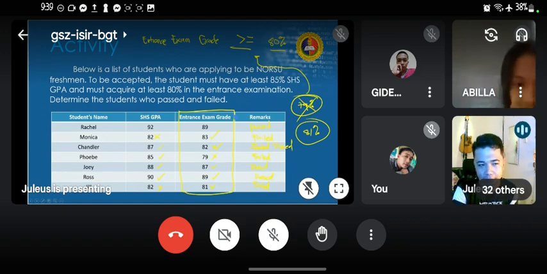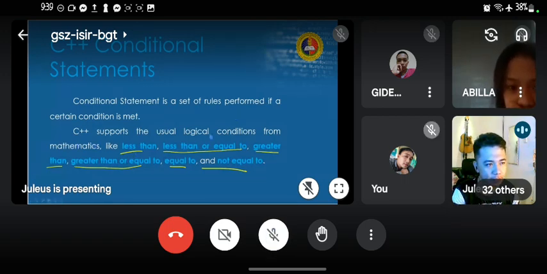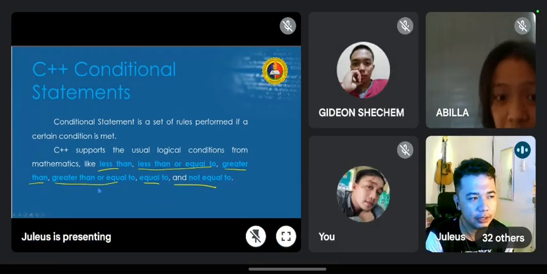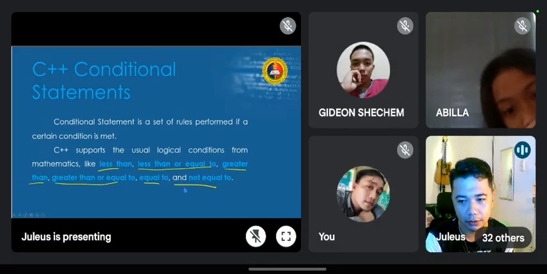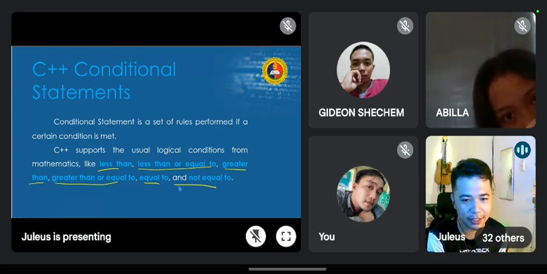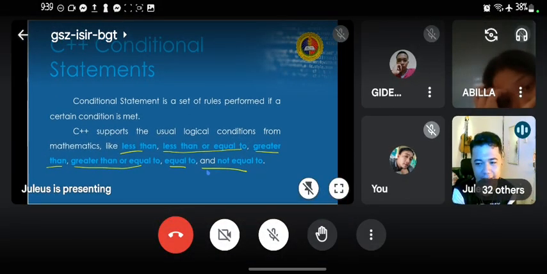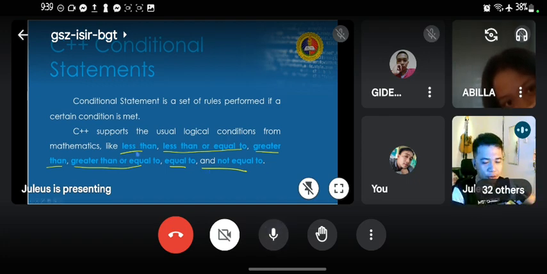So far, do you get the idea already on how to compare conditions? So we'll be using logical forms from mathematics. We'll be using less than or equal to, greater than or equal to, or not equal to. Before we proceed, I'm assuming that you already know what less than, or equal to, greater than, etc. is all about. This is probably elementary, but does anyone have any idea what this means?